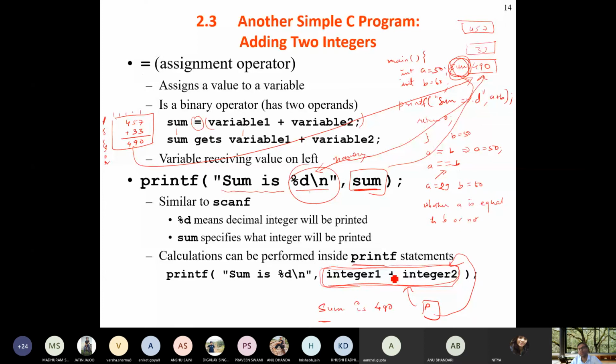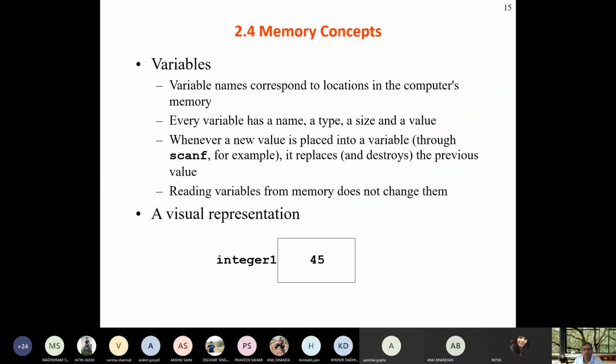Now come to the memory concept. This explains how memory will take the variable. Variable names correspond to locations in the computer's memory. Because everything is memory, you cannot tell the computer that it is 45, it is 67. It must be stored at a location. That's why the concept of the address of integer 1 comes.